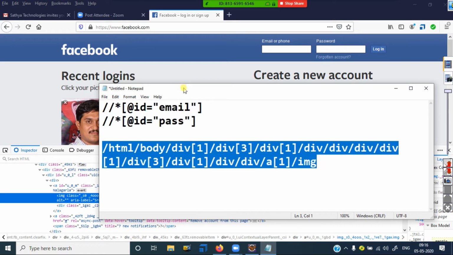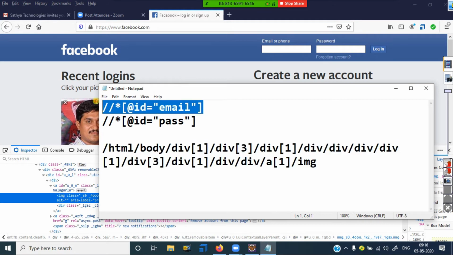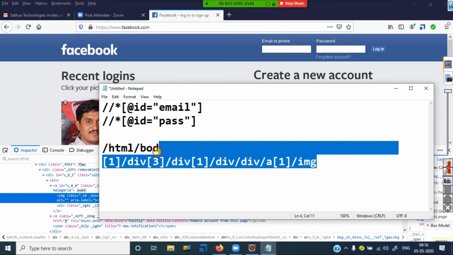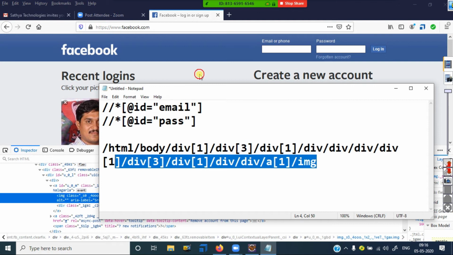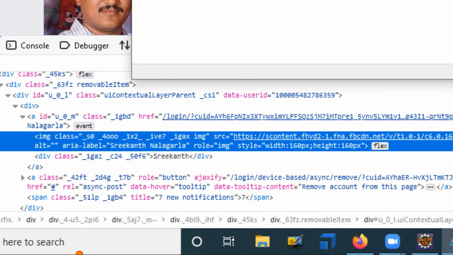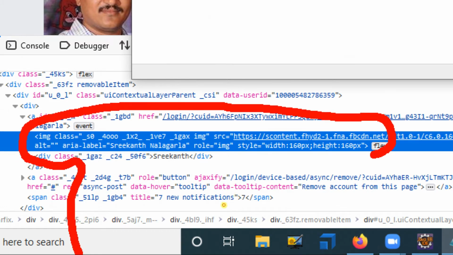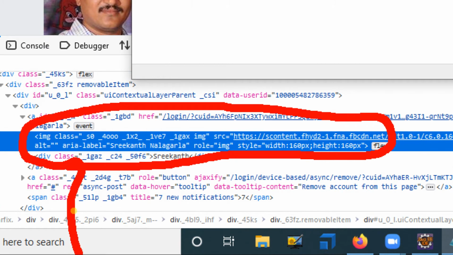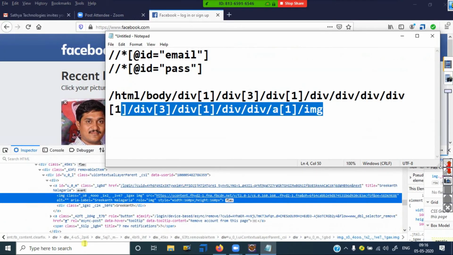Sir, why is it coming like this for that element and like this for this element? See, when you observe this one, here there is no id value, no name value, no properties here. Did you observe? This image has no name property and no id property. So it is giving the absolute path only.